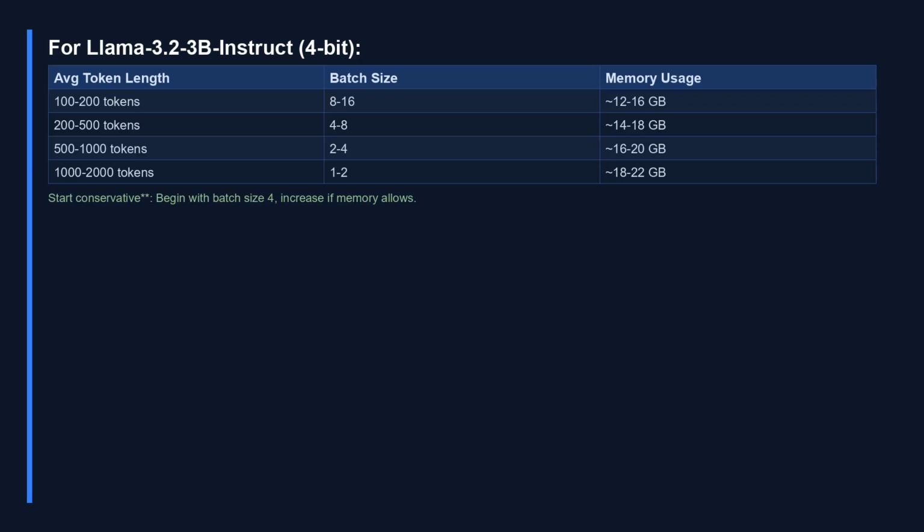For Llama-3.2-3b-instruct running in 4-bit quantization, here's how token length maps to practical batch sizes and memory usage on your P40s. With examples averaging 100 to 200 tokens, you can run batch sizes of 8 to 16 and expect roughly 12 to 16 GB of memory usage. At 200 to 500 tokens, which is right where your dataset sits at an average of 245,